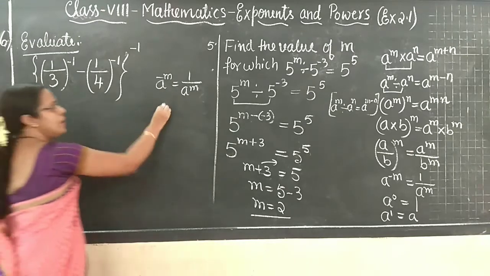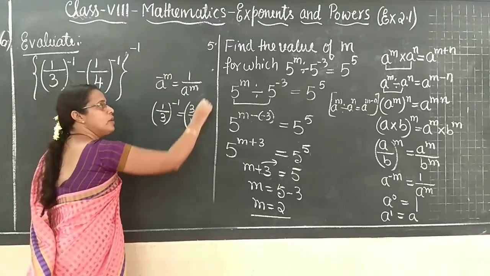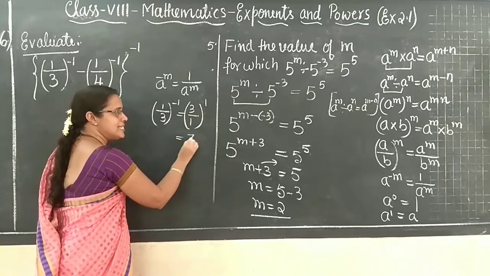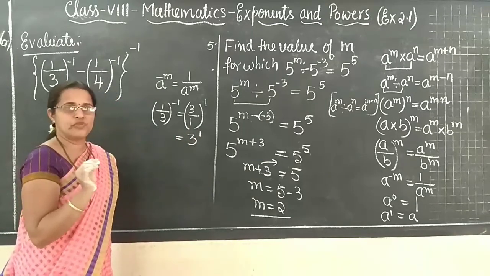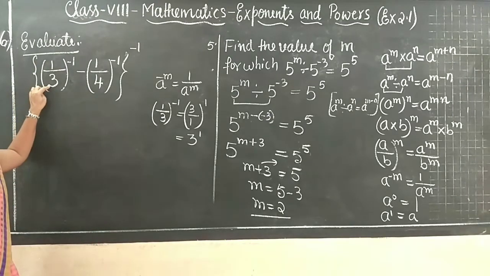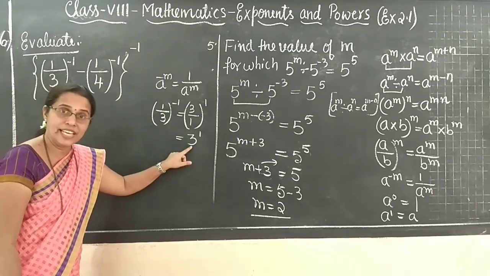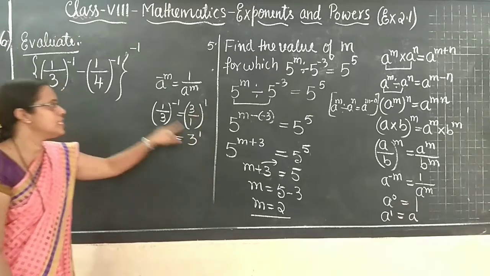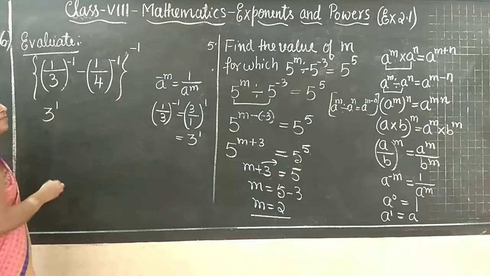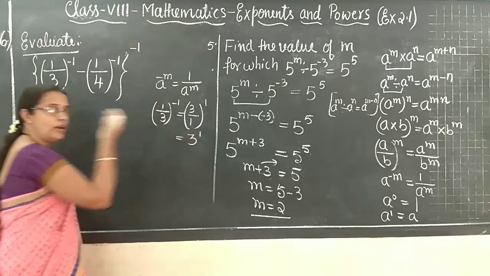1 by 3 with negative power, you do 3 by 1, and it will become positive. Simple. Okay, so that 3 by 1 is 3, so 3 to the power 1 we can write. Can you make out? So children, here what you have to do: 1 by 3 can be written as 3 by 1. 3 by 1 is how much? 3 by 1 is 3. 3 to the power 1. See, the negative power went very easily.